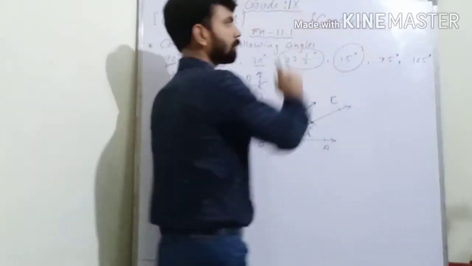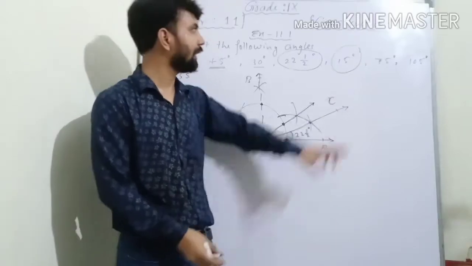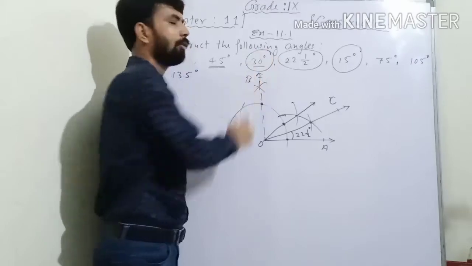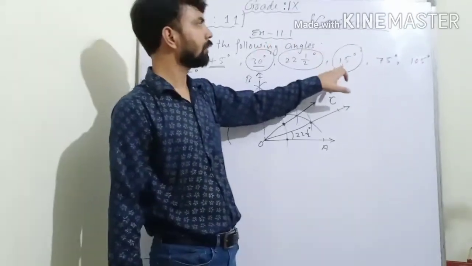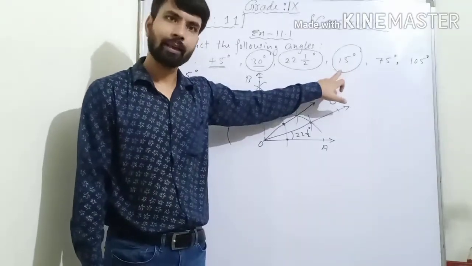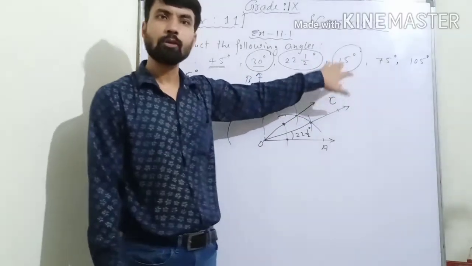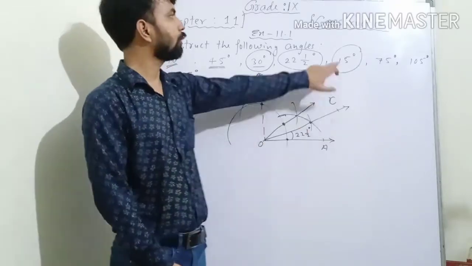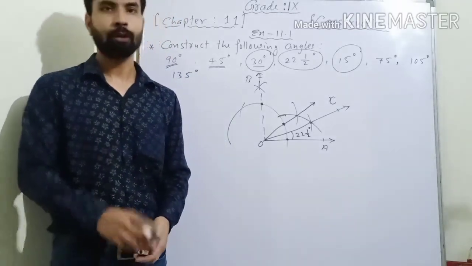15 degrees. We all know that 15 is half of 30. And how can we draw 30? I have already told you. First you will have to draw 30, then we will bisect it and we will get a 15-degree angle. So hope you can draw this. Understood? Good. So I am not constructing 15 degrees, this you have to draw. So do one thing. Pause your video and draw a 15-degree angle right now. Clear? Good. Start.